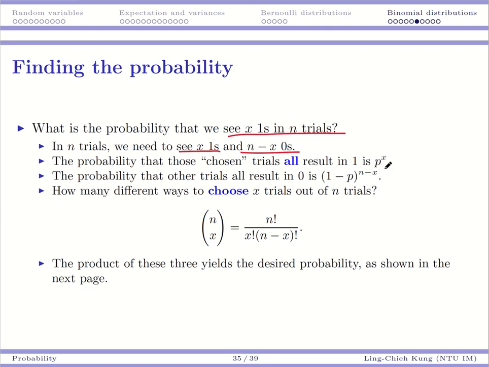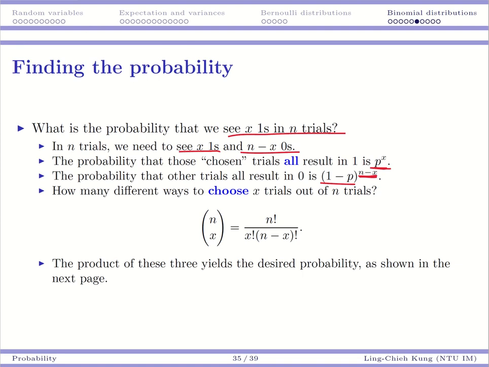We need x 1s, so the probability for that to happen is P to the power of x. And then we also need n minus x zeros. For each of them, the probability is 1 minus P. So here we have 1 minus P to the power of n minus x. And then finally,